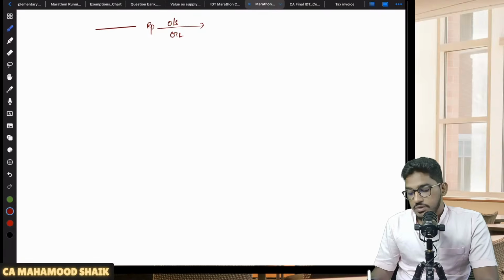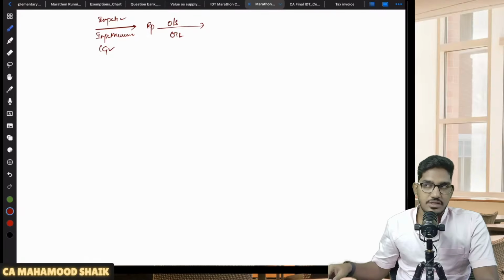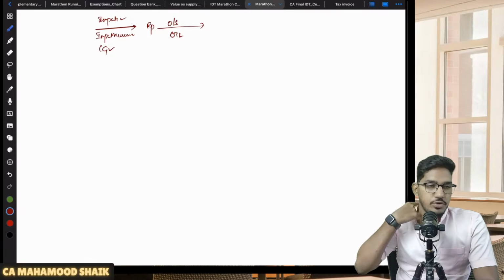Now, if you are a registered person, a business person, in order to make those outward supplies you need to procure various inwards. You need inputs, meaning the usual goods you need for doing the business. Then you need services, which we call input services, procured in order to run your business. You might also need capital goods. Whether you are engaged in supply of goods or supply of services, to run your business there is a need for capital goods, so you might be procuring them too.